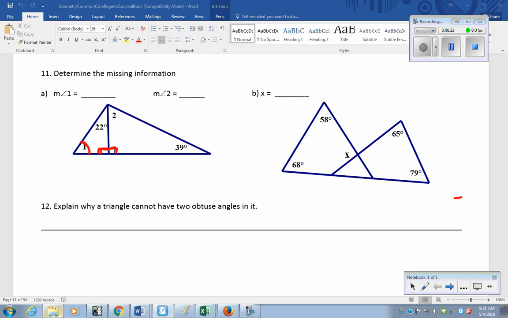So, again, carefully labeling is going to be the biggest help when you are solving these questions. So, we're going to move on to